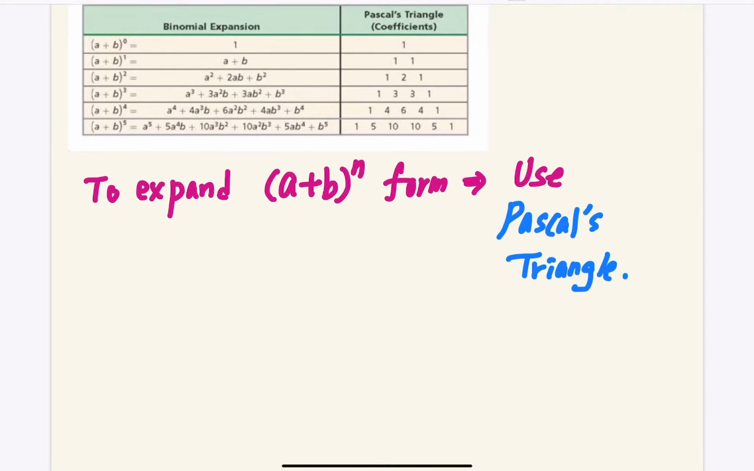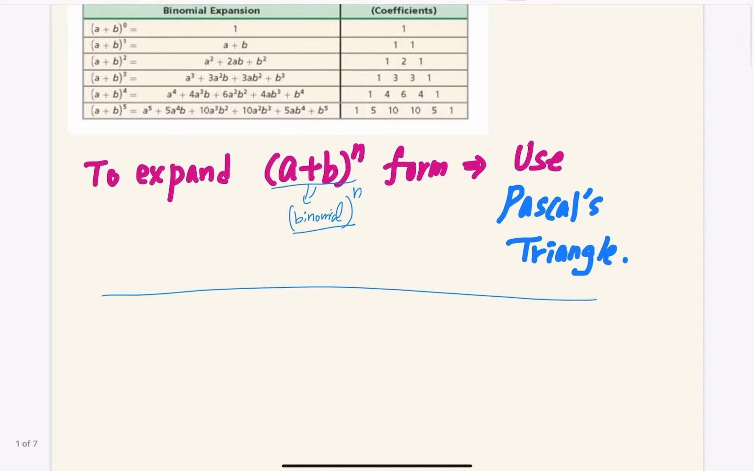We can use Pascal's triangle to expand (a + b)^n. A plus b is a binomial. To expand powers of a binomial, we can use Pascal's triangle. All right, so